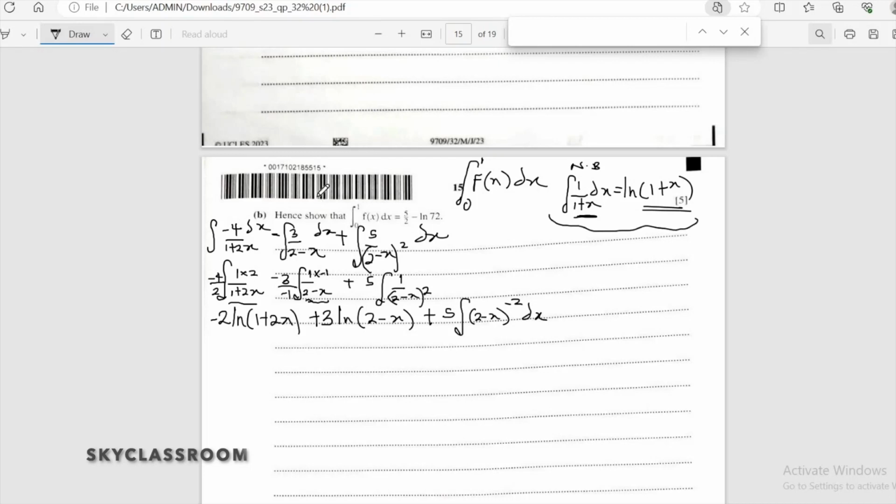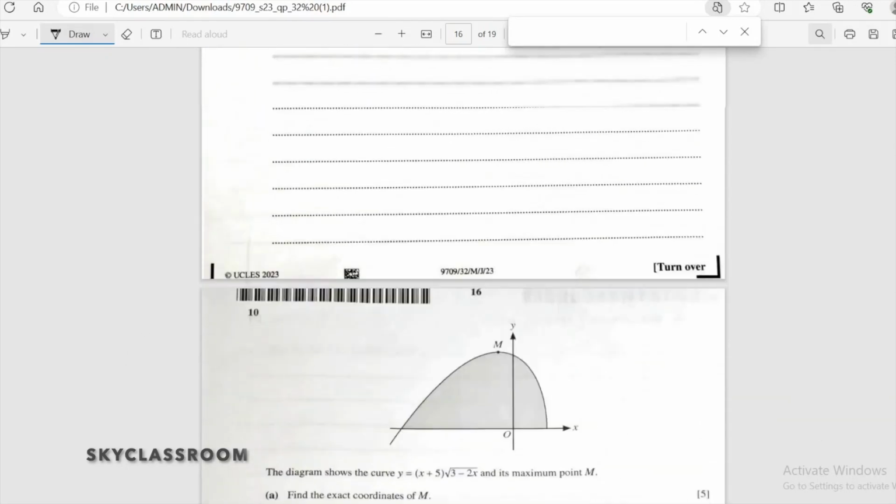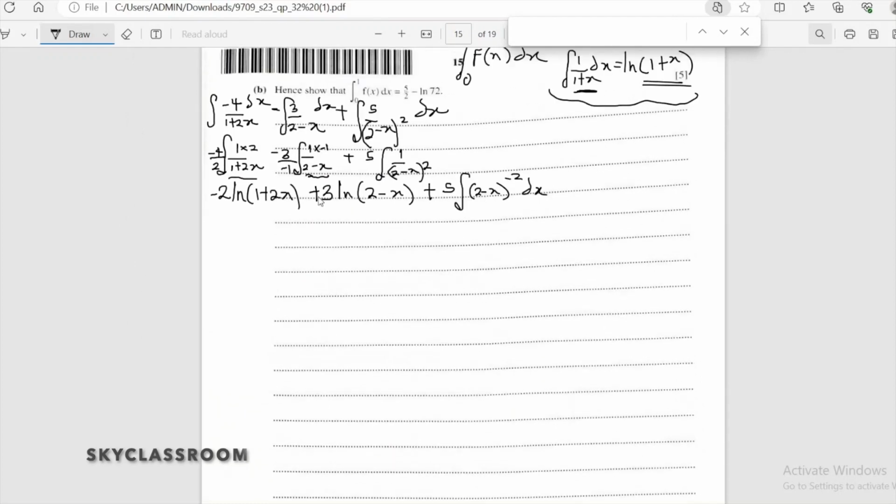So at the end of the day, we have something like this: minus 2 ln(1 plus 2x) plus 3 ln(2 minus x)